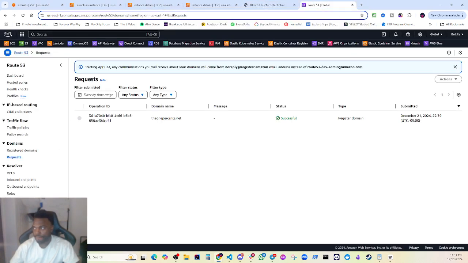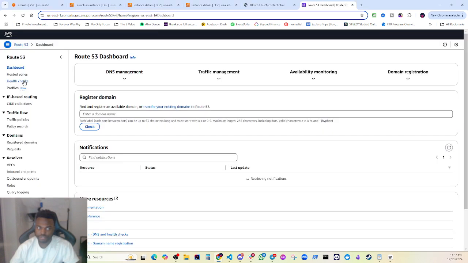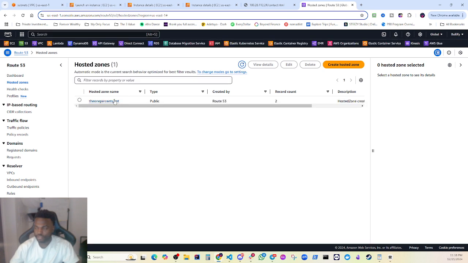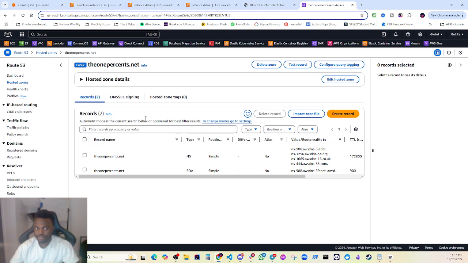Step number 5, create a hosted zone. So once your domain is registered, create a hosted zone to manage its DNS records. Okay, so let's go to the dashboard. It's right there, hosted zone. So you already created one for us, already told us in the email. Okay, that's it right there. So we already have the domain, and we have 2 records. Okay, cool. So, anyways,